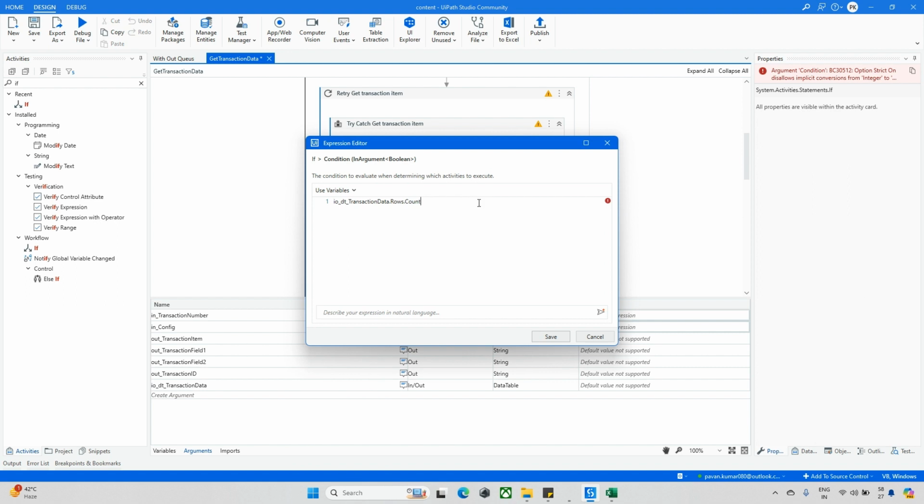Okay, rows dot count greater than or equal to... So what is my variable here? In transaction number. This one is increased every time. Right now, for example, I have a data table with 10 columns, and this increment will automatically increase the transaction number. If both are matching, or it might be greater than that,